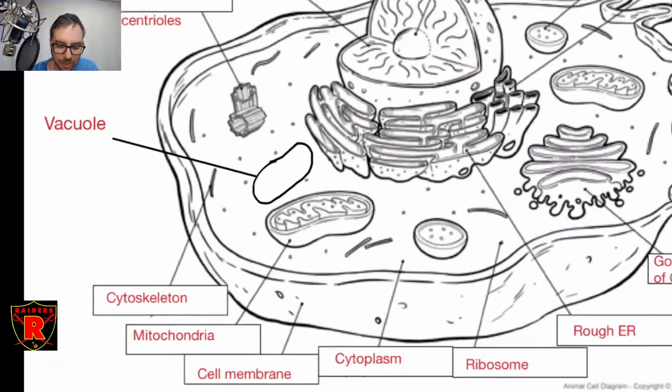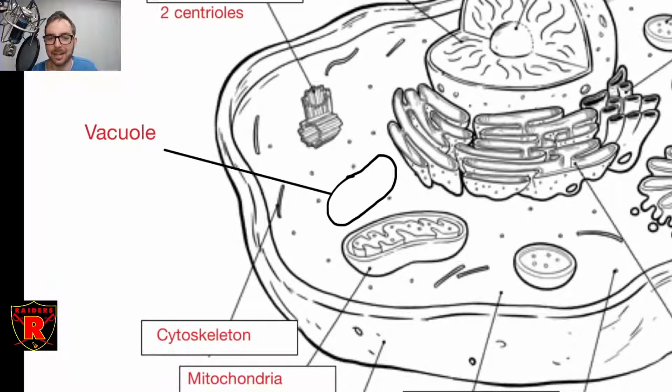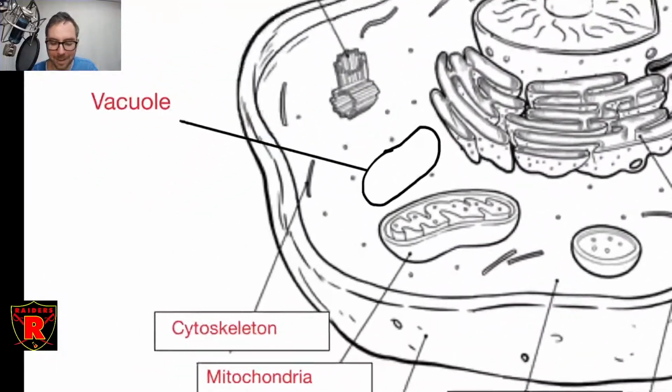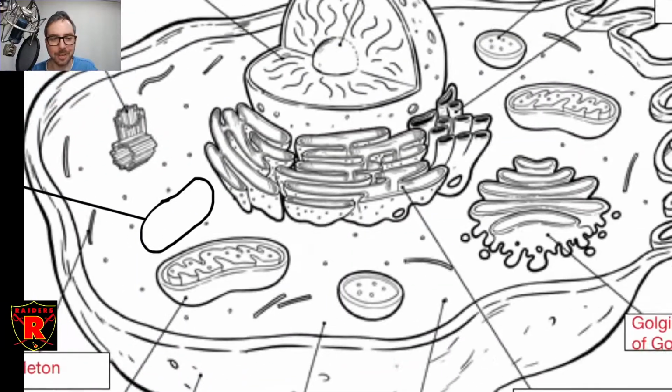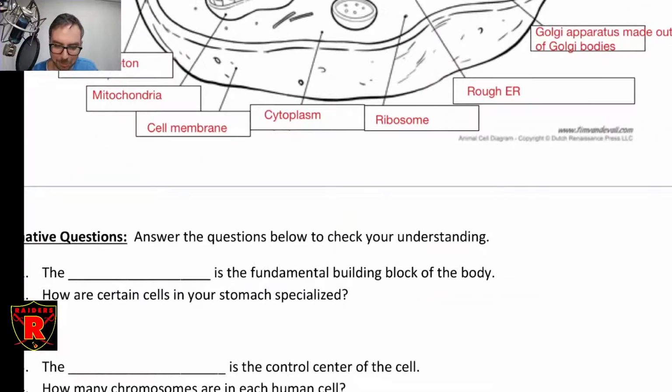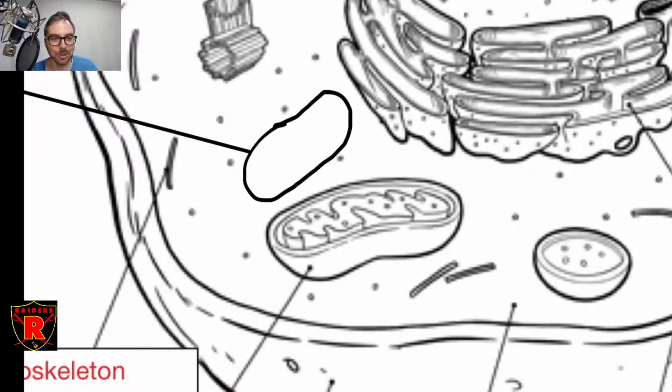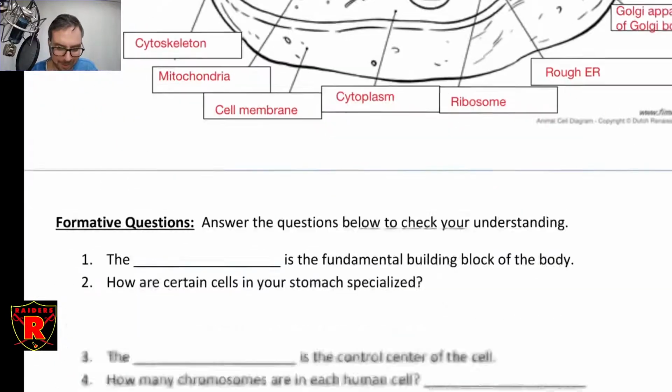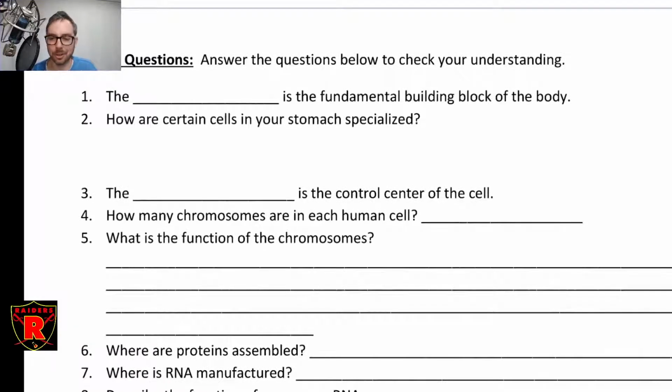Now, I will say that I believe that on your copy I added a vacuole. I'm not sure if I actually added it to the blank one or not. This looks like I added it just to my note here, but I believe there is a vacuole. And I just drew one in because this diagram does not contain a vacuole. So I'm not trying to confuse anybody on that, but there should be a vacuole there, which looks like nothing. I mean, it just looks like a circle. It's an empty sac. It's not empty. It contains mostly water, and water soluble nutrients. But it doesn't look like anything under the microscope. It looks like an empty sac. So anyway, and here are the questions that you're going to do on your own after that.